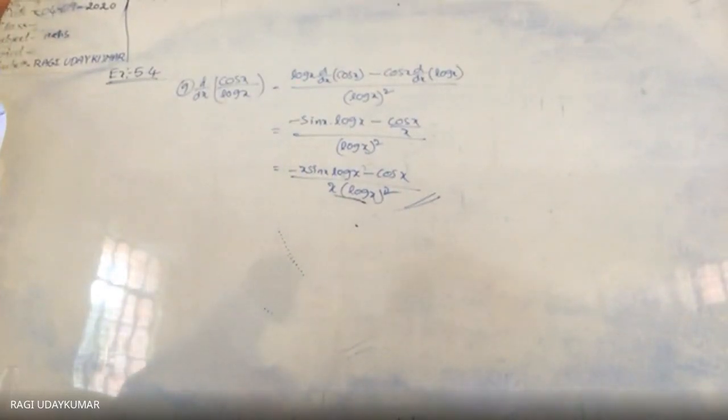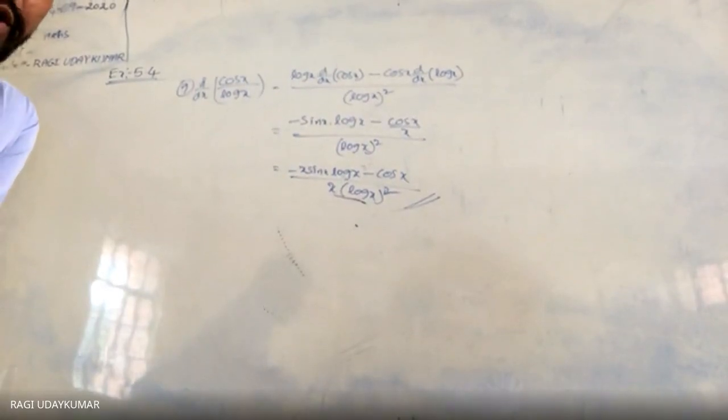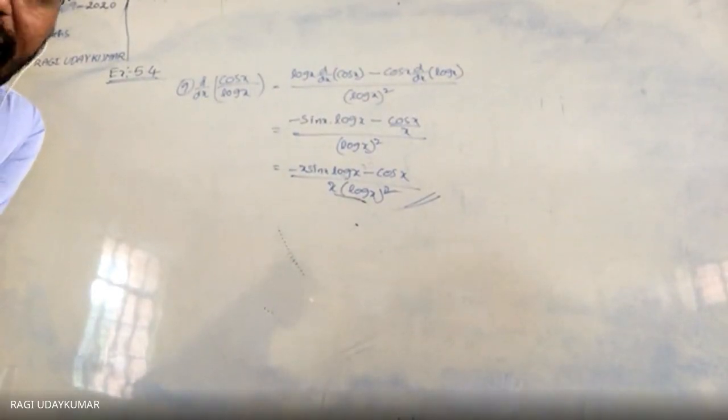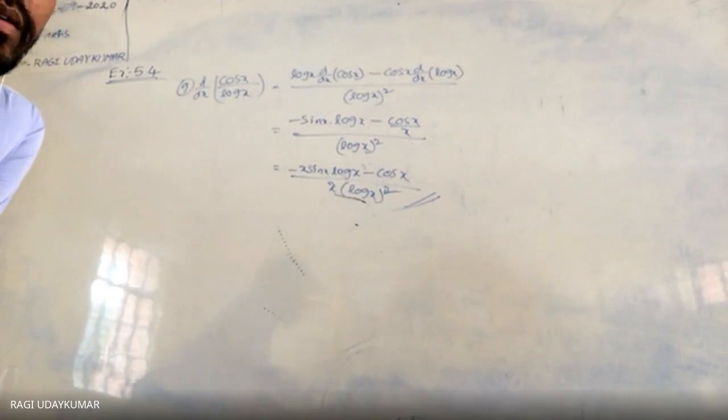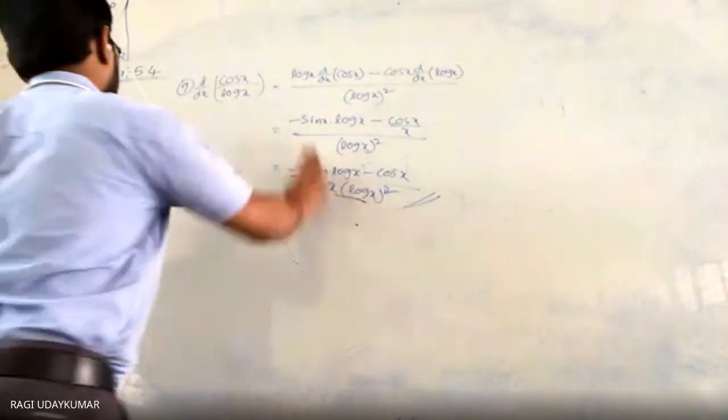So even if you take the 10th problem also, the same is there. First find how to do it, and in the brackets, whatever is given to you, you have to solve it. It's not a very difficult problem for you. So let us go for Exercise 5.5.